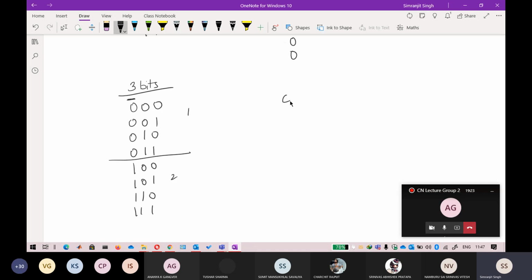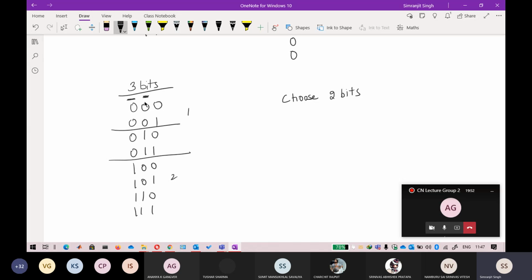Now, if I choose two bits, I'm dividing again. Now this is already divided into two parts actually. Now I'm fixing this bit. Okay, so in this part I'm fixing this bit. Now how many parts am I able to divide it into? I am again able to divide this into two parts.